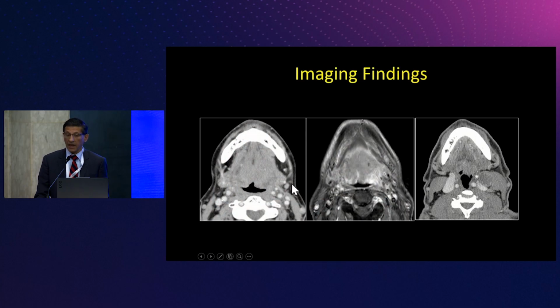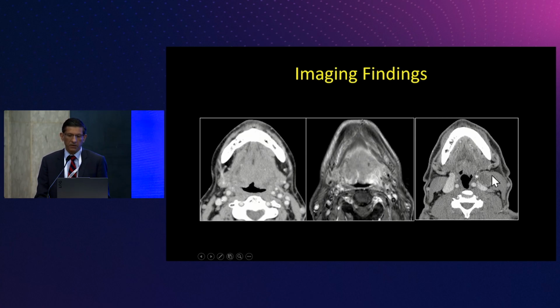So these are the classic imaging findings. This is squamous cell carcinoma on CT. This is it on MR. I can't tell the difference. You know, as you'll see in a couple of slides, other tumors involving this area can just look like this, but just by playing the statistics, we know it's squamous cell.